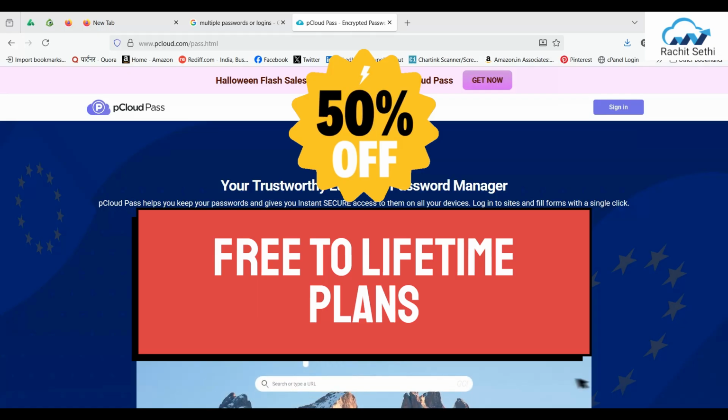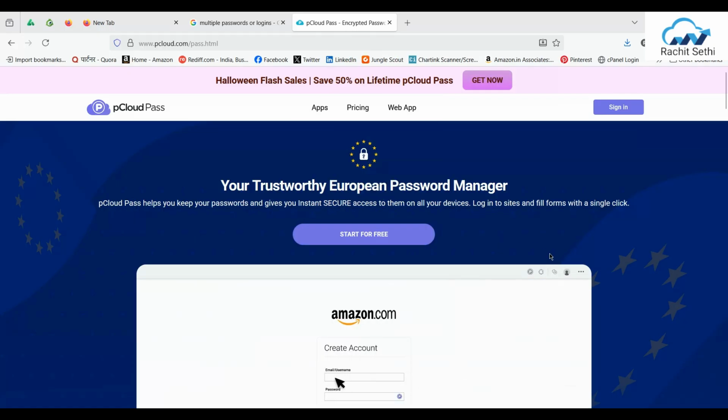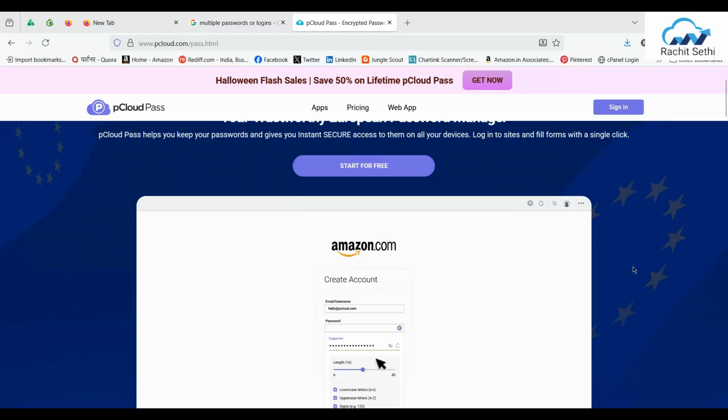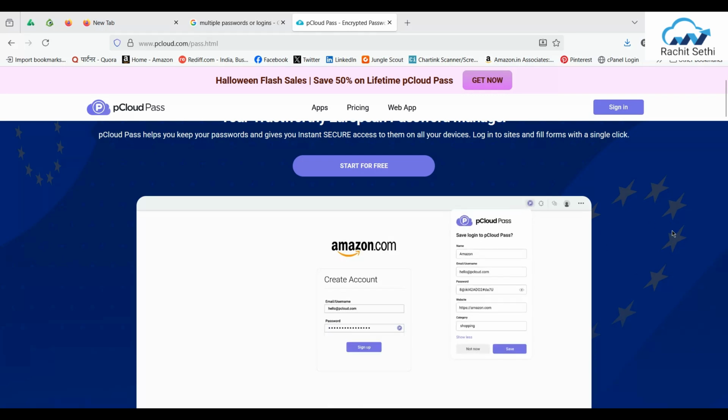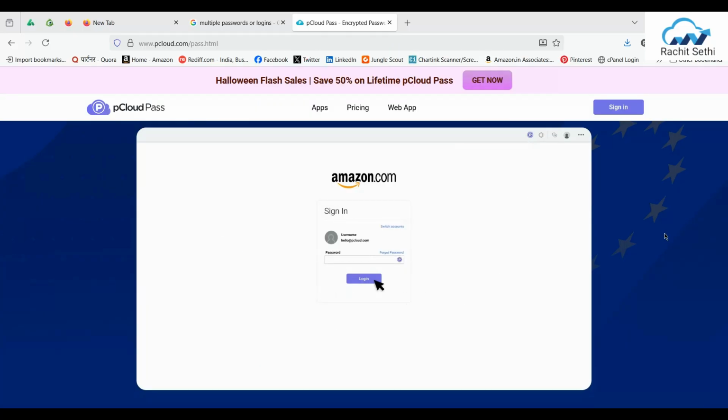So let's understand what the whole process is. Pcloud, as we know, is a European password manager. It's a European company which has been giving security systems for many years, and I personally use the cloud system given by Pcloud. The only thing you need to do is download this as an extension, and automatically whenever you reach out to any platform,